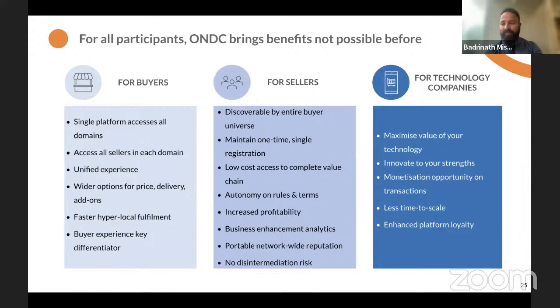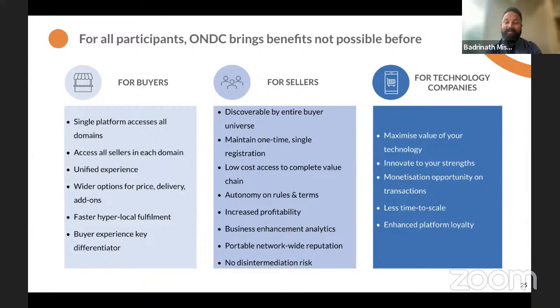Your neighborhood grocery store, fashion store, health chemist shop, they are also going to be there on the mobile application, which is complied by ONDC. So everyone has wider choice and quicker access to amenities in their neighborhood and or from a distant location. So what is going to play a key role here is the buyer experience on different buyer applications.